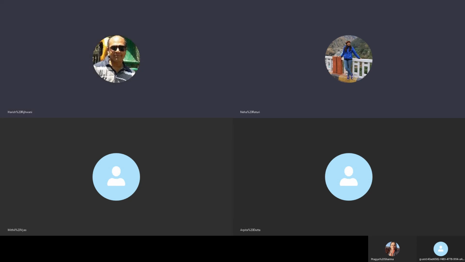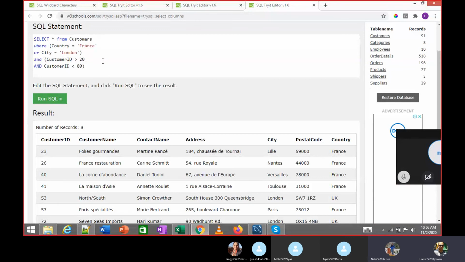I'll explain one more condition before we close. Here we had seen this question: select star from customers where country equal to France or city equal to London. Here we wrote customer ID greater than 20 and customer ID less than 80. This can be replaced by customer ID between 20 and 80. You can write it like this, because the syntax allows you to do it.